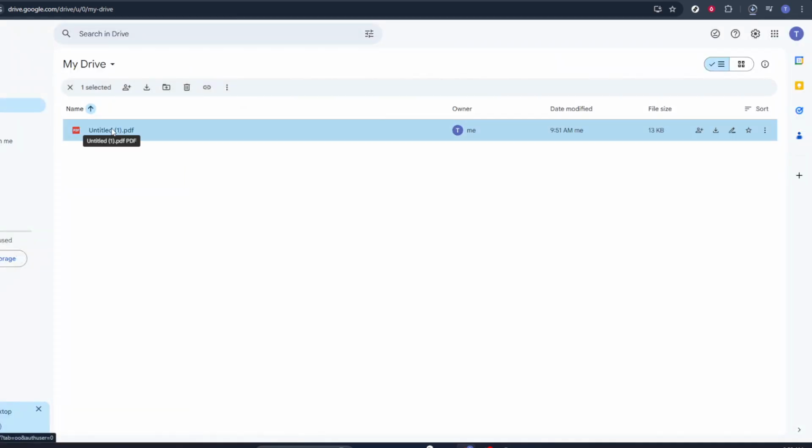Google Drive will upload the PDF, and you'll see it appear in the folder you selected. That's all there is to it. You've successfully exported your note as a PDF and saved it